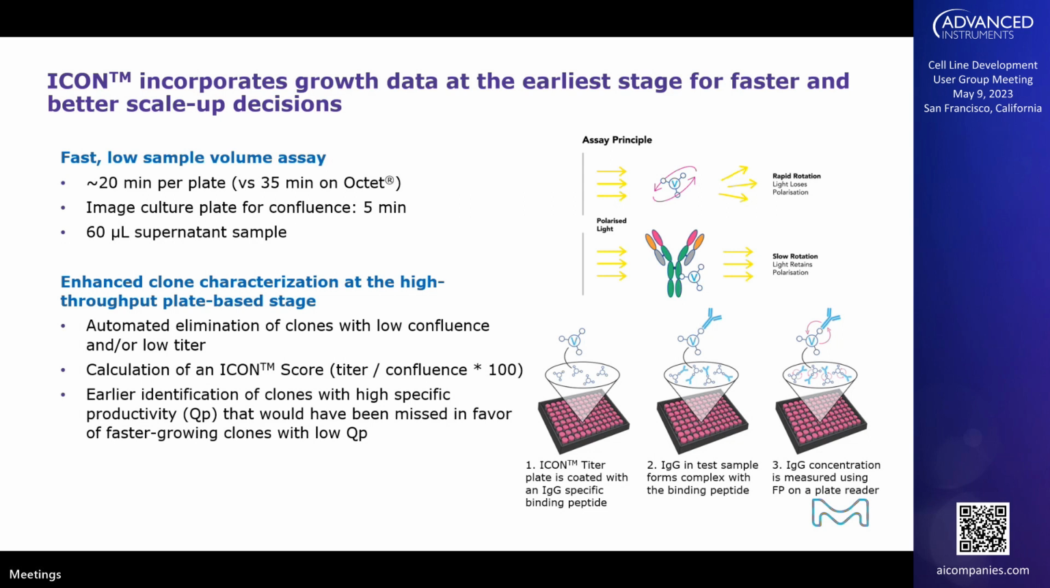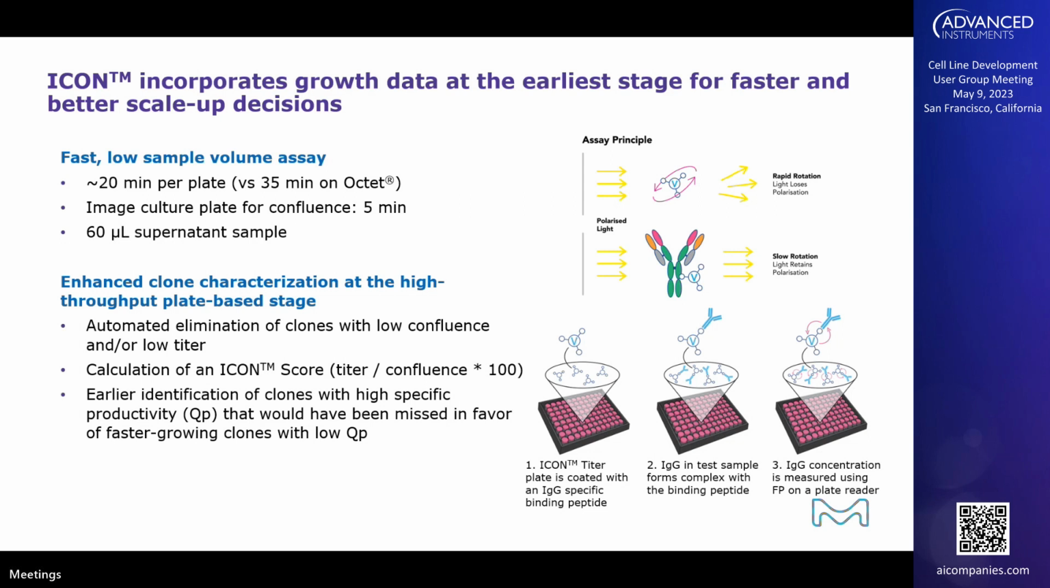Based on this tighter quantification and the confluence, cutoffs are applied for minimum titer and confluence values, and then the remaining values are used to calculate an ICON score, which can guide scale-up decisions. Addition of the growth data can enhance clone characterization at this high throughput plate-based stage, allowing the elimination of poor growers and earlier identification of high QP or specific productivity clones that might have otherwise been missed in favor of